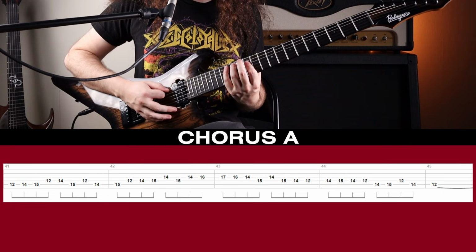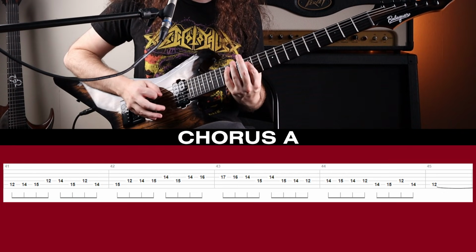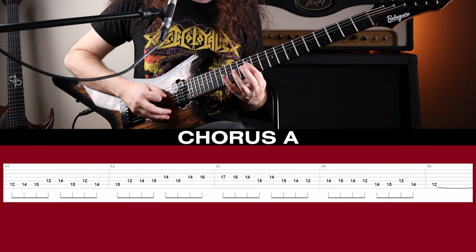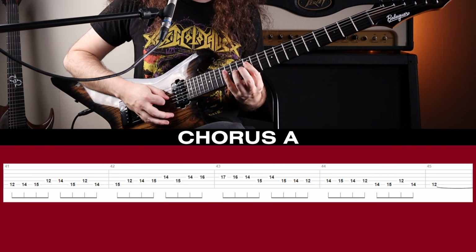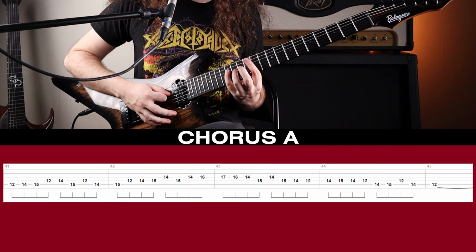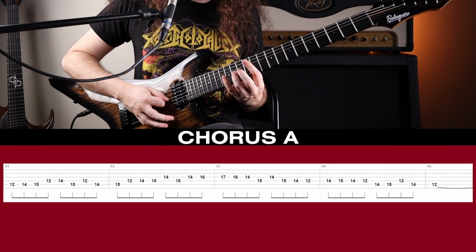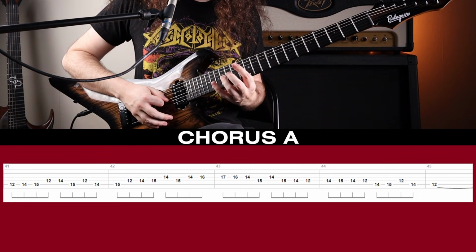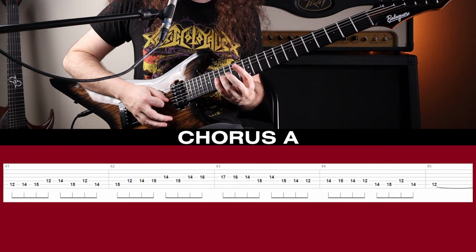For the second measure, we're going to start with 15 on the A. 12, 14, 15 on D. 14 on G. 15 on D. Then we're going to hit 14 on the G, move up 16 on the G with your ring finger. Then with your pinky, you're going to grab